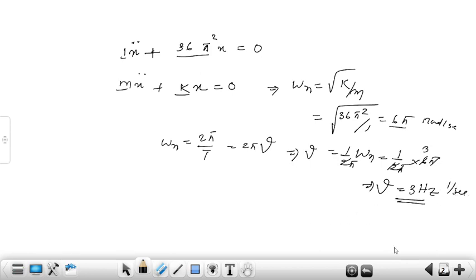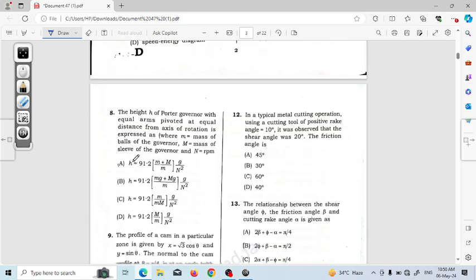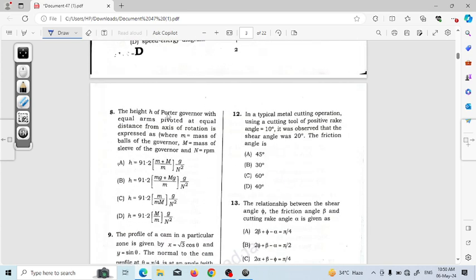So the answer will be 3 hertz. Option C is the correct answer. Next, the height